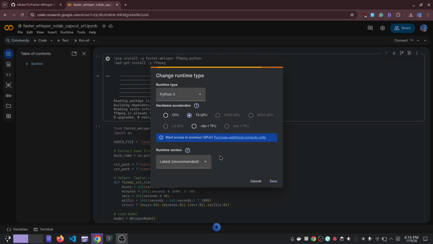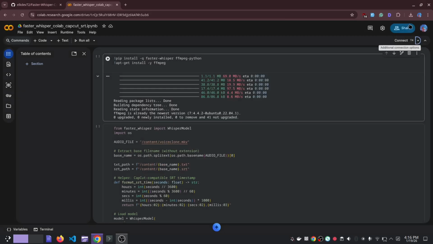So make sure you set that up and save and connect. So we need to connect to the runtime now. Connecting. Gonna take a few seconds to connect, then done. Boom, everything is connected and we are ready to start generating the subtitles.